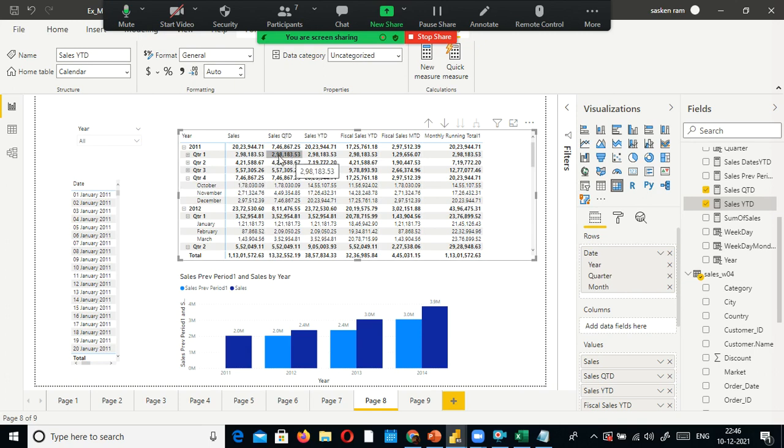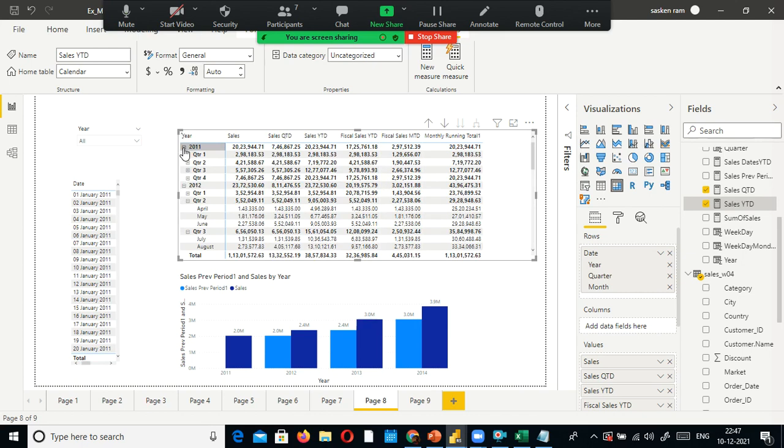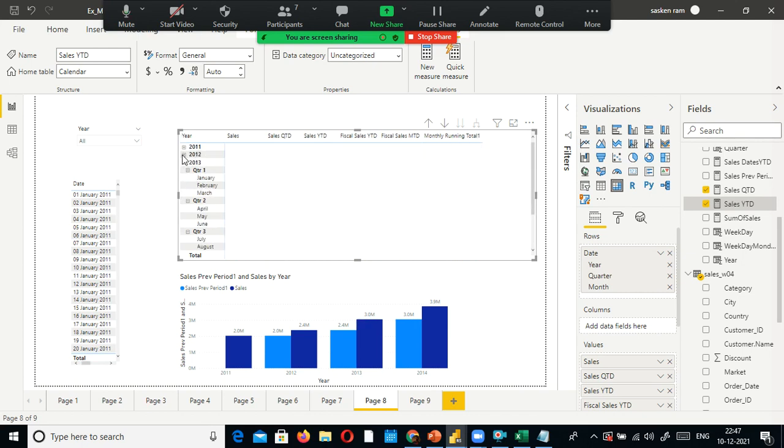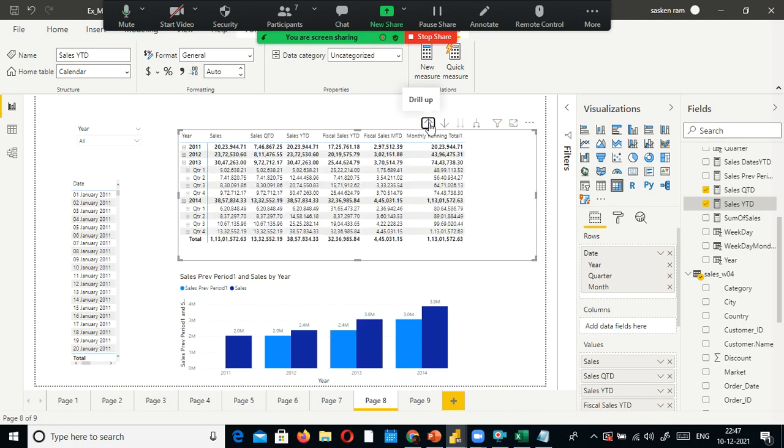But what happens here is the sales year to date for year 2012 is 2023 9444, but year to date and fiscal year to date here is 2023 and 530. One second, let me close this one, or simply I just go up. This is what is called drill up.